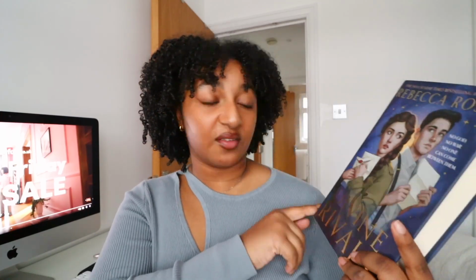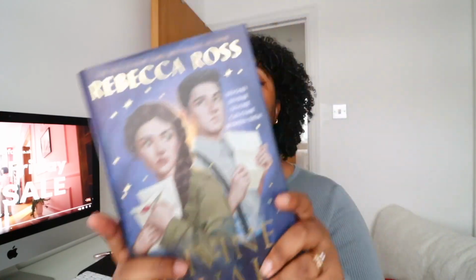And if I wanted to keep on the theme of fantasy reads, as I just read Powerless, we have Divine Rivals by Rebecca Ross. All I know is two rivals. I feel like it's set in wartime. Could be totally wrong, but I know this is a fantasy. They have letters, and I think the two people are rivals, but there are these mysterious letters. It's either some mysterious letters or these two are writing letters to each other, and there's some kind of mystery